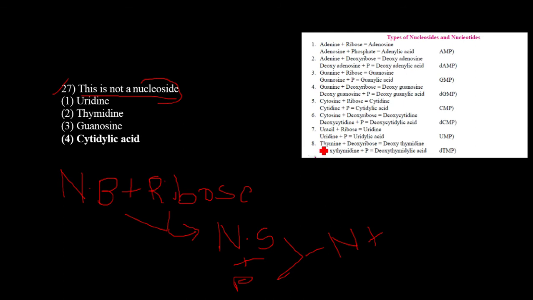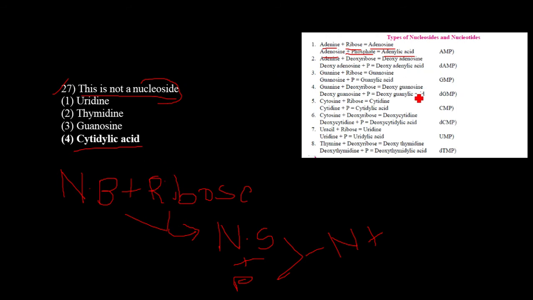Here they have asked the question, among the following which is not the nucleoside. Here I have given the nucleosides and nucleotide names. See, adenine is one nitrogen base which combines with ribose and forms the nucleoside, that is adenosine nucleoside. When adenosine combines with phosphate, we can see the formation of adenylic acid. Adenylic acid is one type of nucleotide. Okay, see here uridine, thymidine, guanosine, these are the nucleosides, but